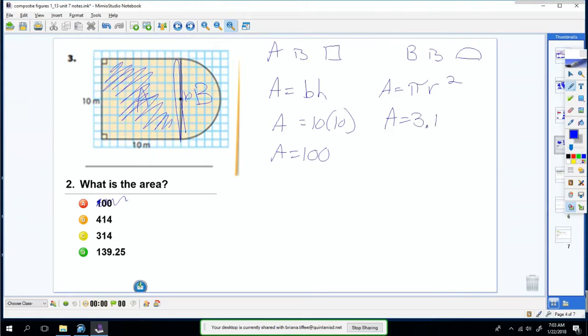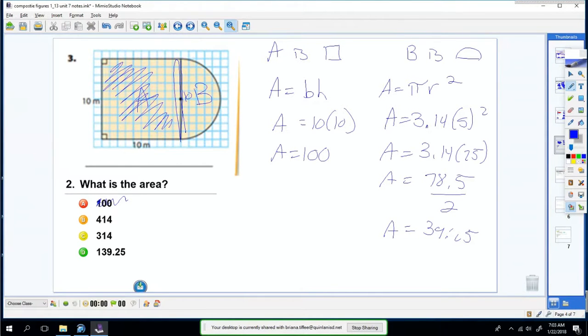So you're going to do 3.14 times 5 squared. Well, 5 squared is 25, and 3.14 times 25 is 78.5. But that's not the area of B. That's the area of a full circle. B is half of it. So you're going to divide that by 2, and you get